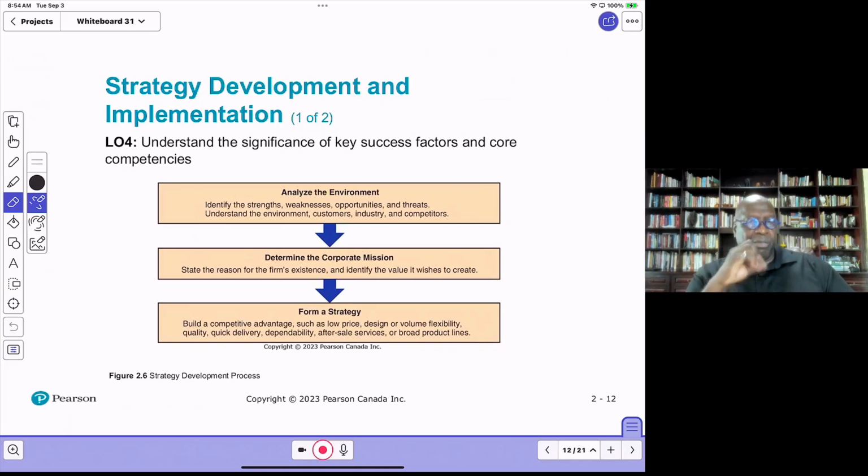So how do we go about developing a strategy within an organization? The first thing that you want to do is to understand the environment within which you operate, and then determine the extent to which you have strengths and weaknesses in the context of that environment. What are some of the opportunities that may present themselves due to changes in technology, due to changes in political climate, due to changes in the economy,